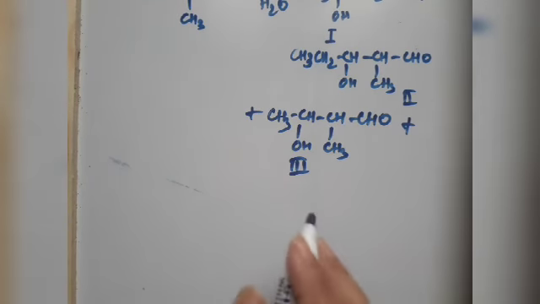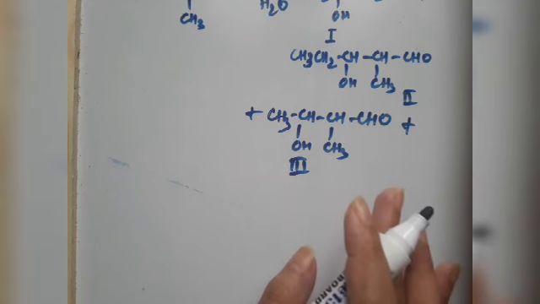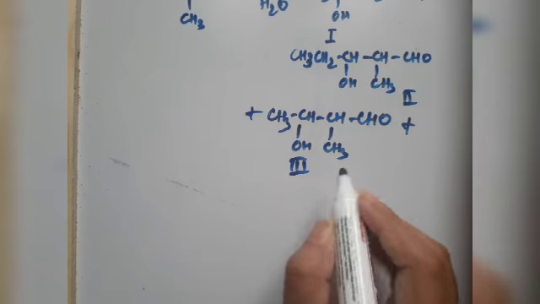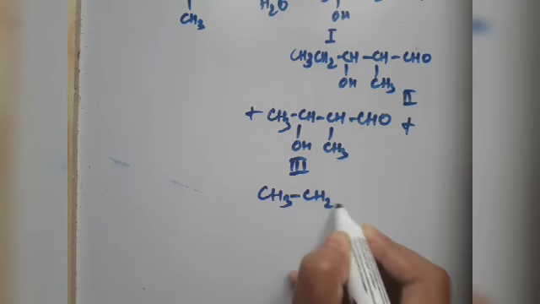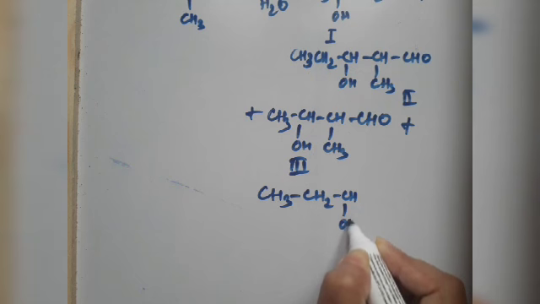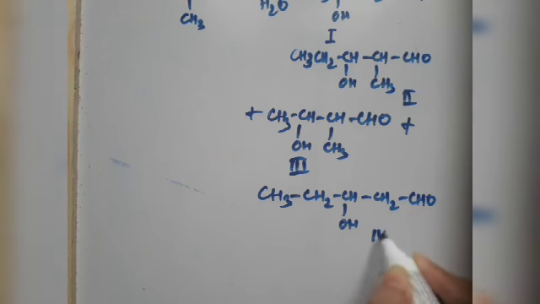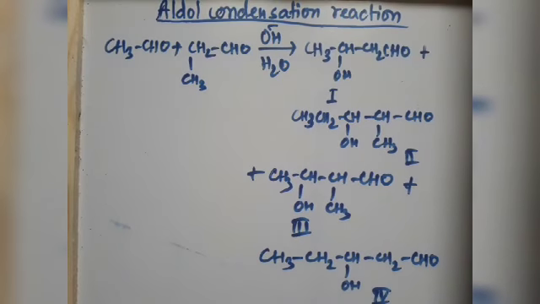Okay. Along with this, the carbonyl carbon of propanal can be attached with the alpha carbon atom of ethanal to produce this one, CH3, CH2, CHOH, CH2, CHO. So all these mixtures we can get from this single